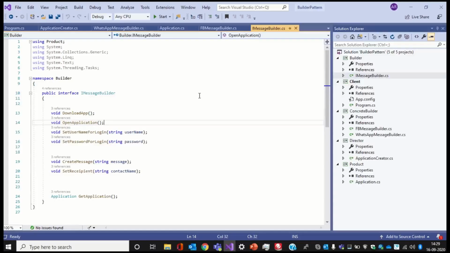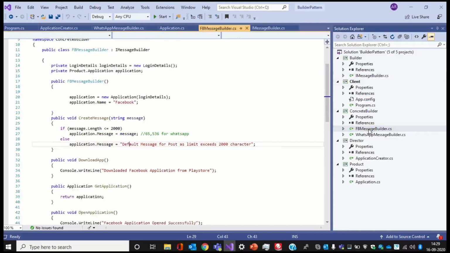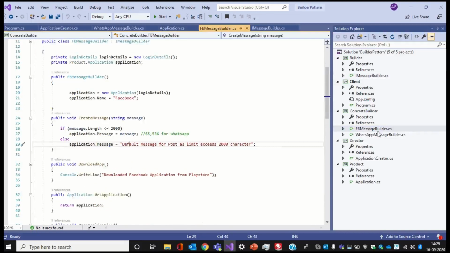So IMessageBuilder is an interface which has all the definitions like downloading the application, opening the application, set username for login and set password for login, create message, set recipient, and then get application, which will return an application object.